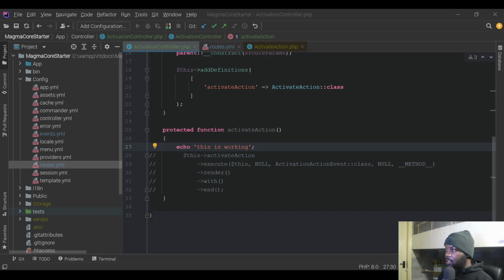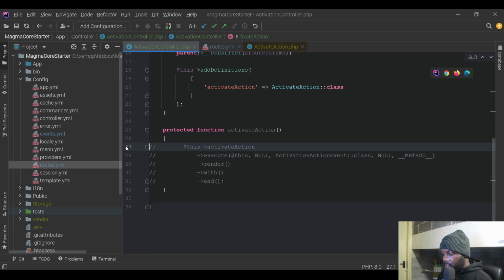So let's do something like echo something out so we know that our route is working. I'm currently writing something in my editor so you can see it on the screen. So let's reload. This is working, right? Which is what I've just written within the activate action method. Right, so I just want to test that a little bit just to make sure that that works, which it does. And let's just bring this back,